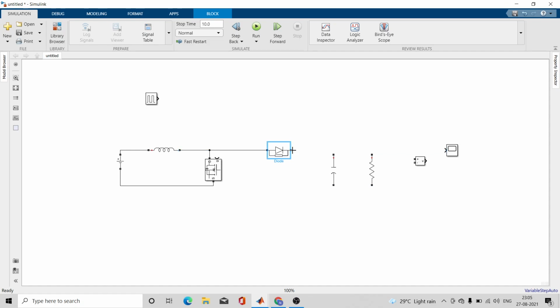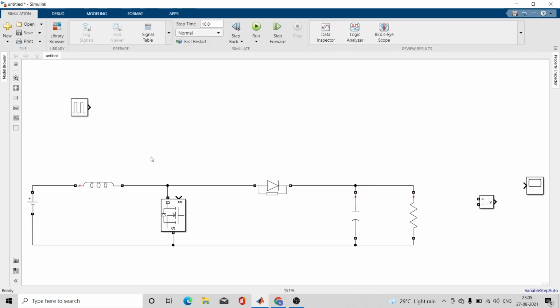We'll do it quickly. So I will fit to view so that it will be easily visible to you.